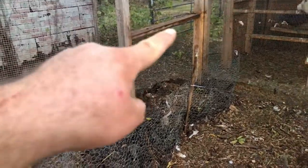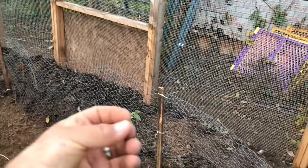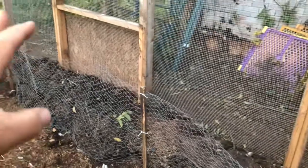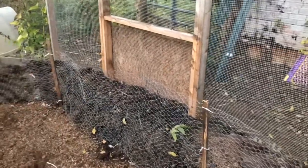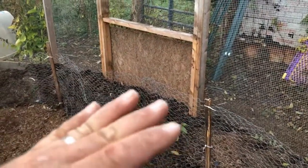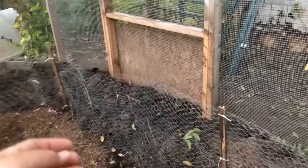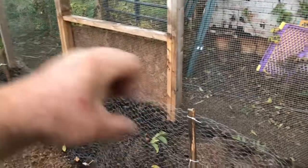And I'll probably just staple it up at this end along here and then drape it down over here. You can staple some boards to it as well if you want to make some weights to hold it down, but it really does a nice job of preventing the littles from getting in unless you want them to get in. So the idea is that once the seeds germinate and you get some things going, like some greens primarily, which is what I want for them, I can then lift the netting and either allow them access, or I can just yank some stuff myself and throw it out here for them,